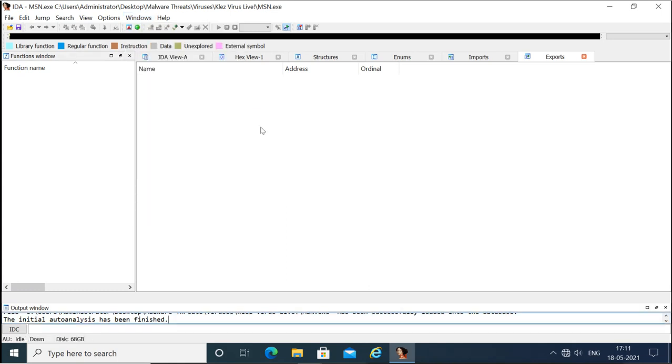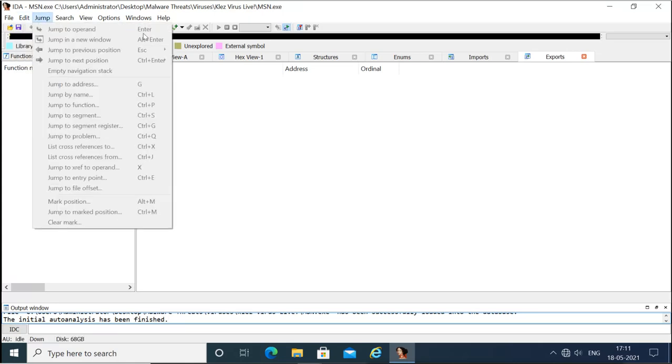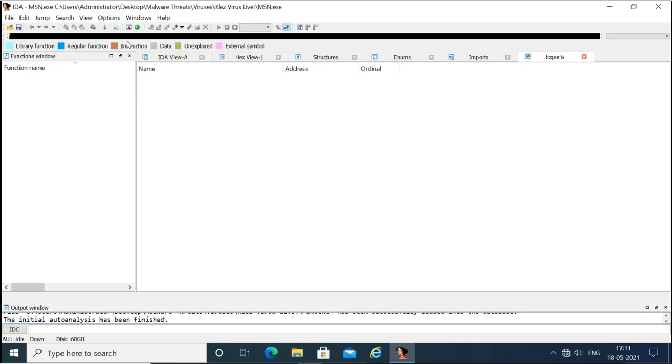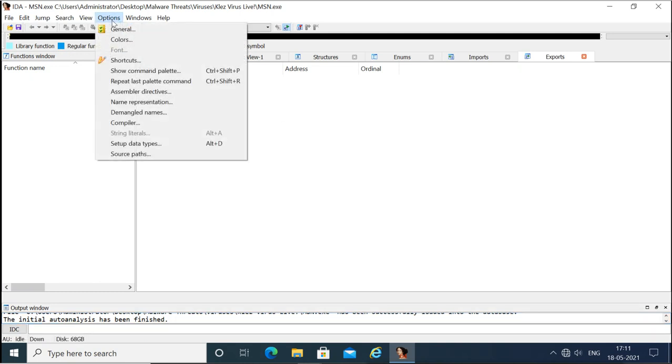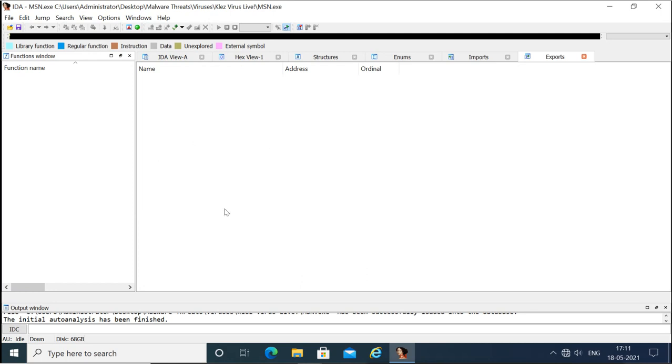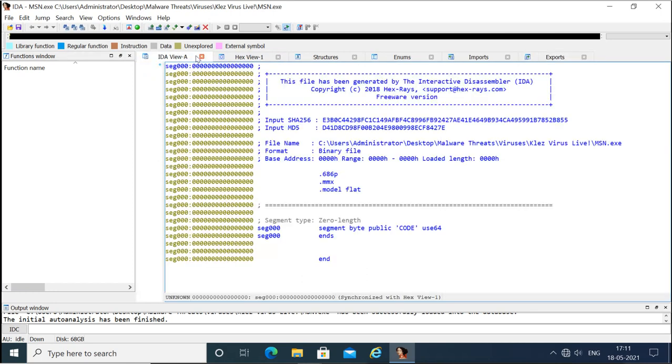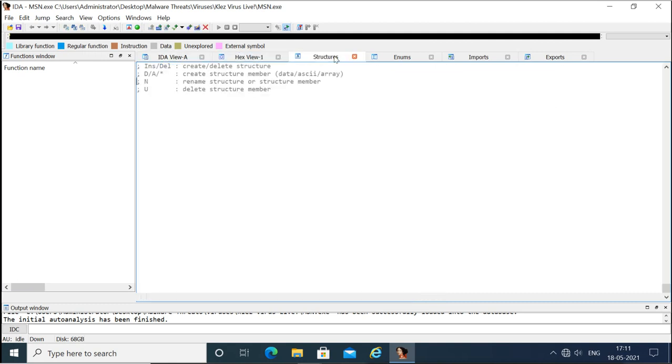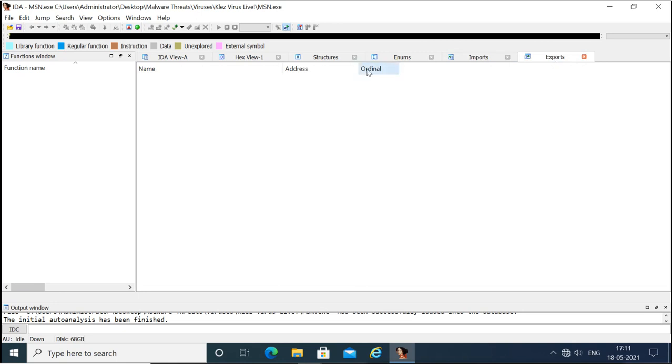This is the output window. Now because it has not automatically found the entry point, it has not analyzed this automatically.